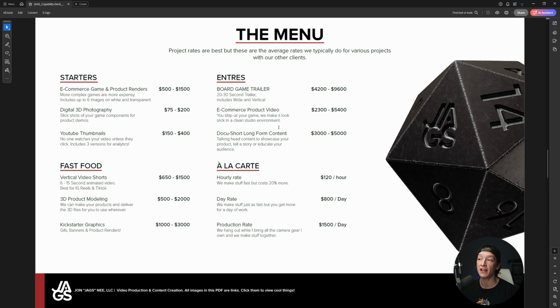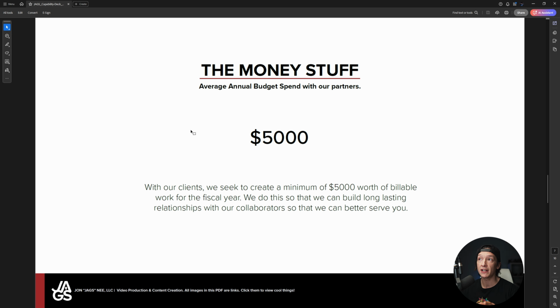All that being said, I include a rate sheet in my capabilities decks moving forward so that when my client is scrolling through this PDF, they have a general understanding of, hey, this is the work I do and it might cost this much. Now, the other page that I've integrated into my capabilities deck, in addition to this rate sheet, is this page,